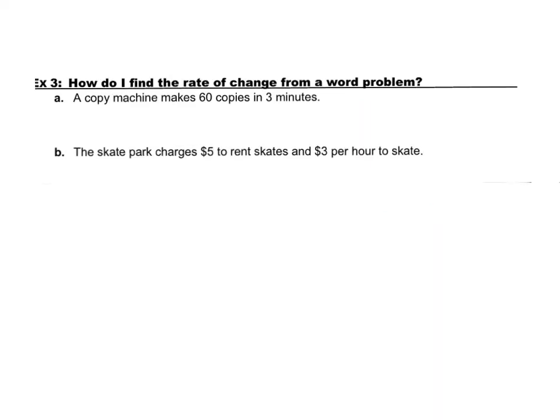All right, in example 3, it says, how do I find the rate of change from a word problem? So it says a copy machine makes 60 copies in 3 minutes. So we're making 60 copies for every 3 minutes. And when we're looking for that rate of change, it's always out of 1 minute or 1 hour or per gallon. So let's go ahead and write this as the ratio of copies all over the minutes. And what I want to do now is simplify this. So 60 divided by 3, to find out not out of 3 minutes but out of 1 minute, I would have 20 copies